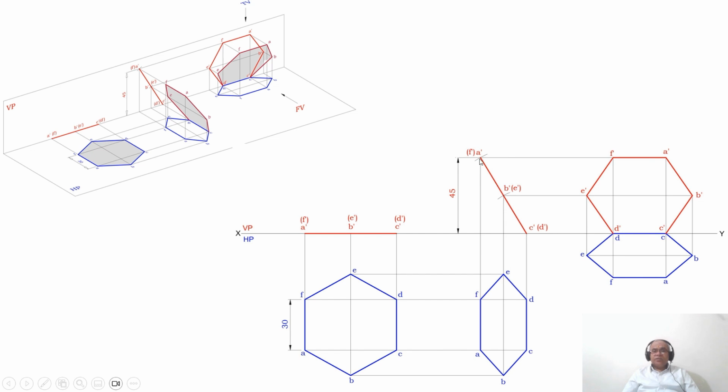So this is how you will be able to, then the side opposite to the side AF is above HP by 45 mm, and then it is a hexagon of side 30 mm. So this is how you will be able to analyze and solve manually a hexagonal lamina of side 30 mm resting on one of its sides on HP, and the side opposite to the side resting on HP is above HP by 45 mm, and the side resting on HP is also resting on VP. So since all the conditions have been satisfied, hence my problem is